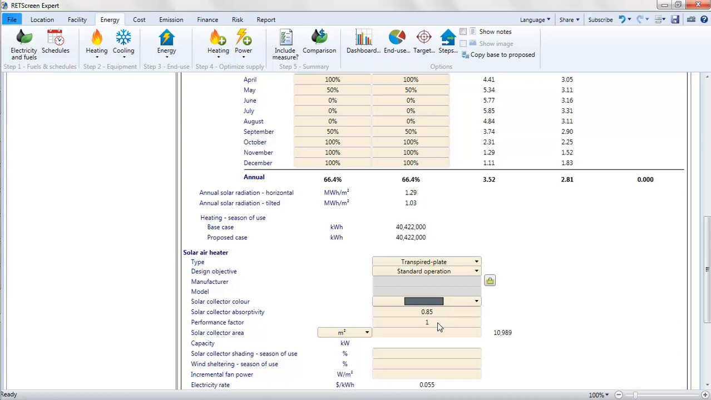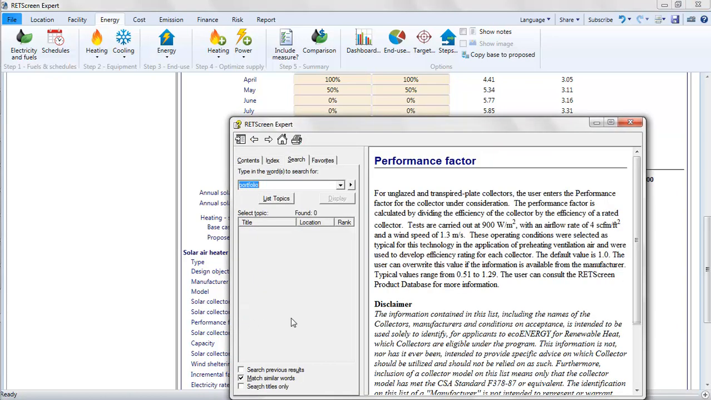The performance factor is a parameter that indicates how well the particular solar air heating technology chosen functions compared to a standard design. A value of 1, which I will use here, indicates that the chosen technology performs exactly as a standard design. In Help, you can read about standards that are used to evaluate the performance factor for real-world